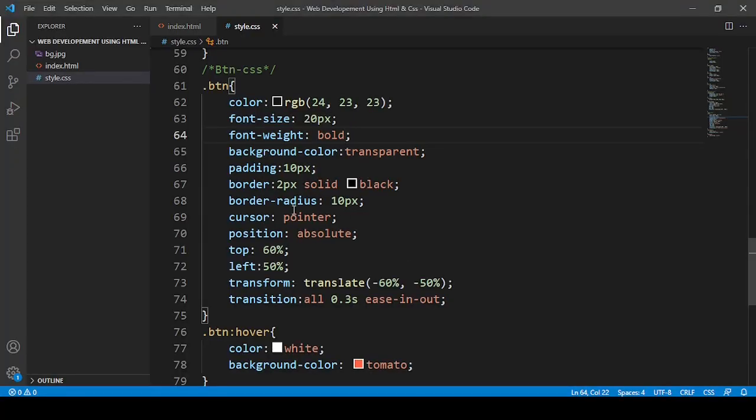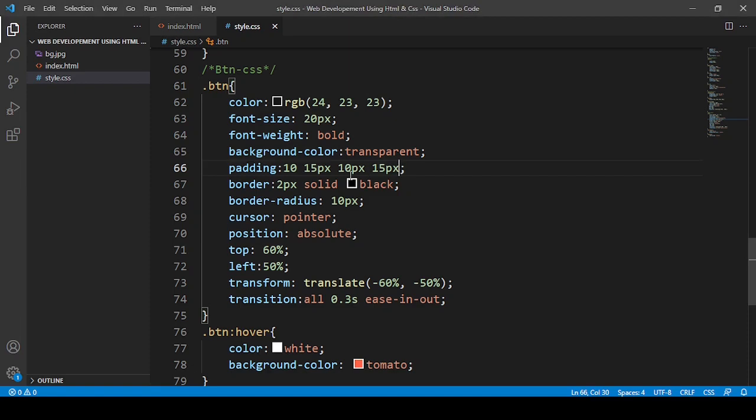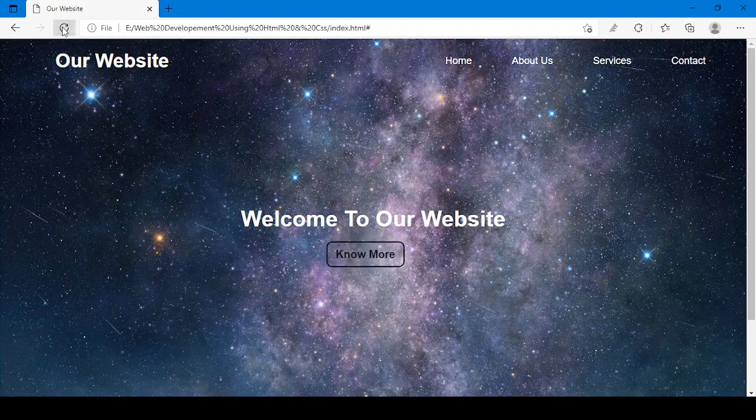What I can do is from the padding, from the right I can give 15 px, and from the bottom I can give 10 px. I'm going to save it, oh, what happened, oh yeah, 10 px. Yeah, I think that should work.